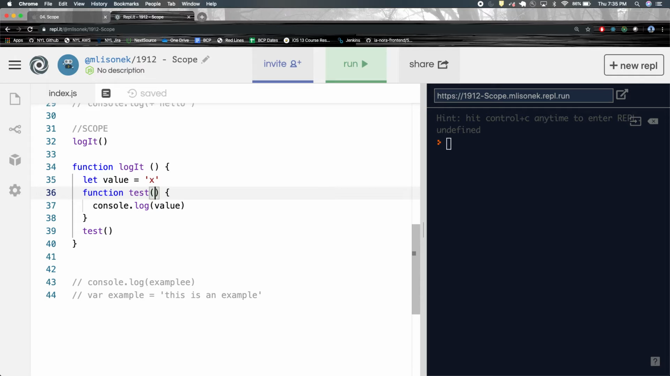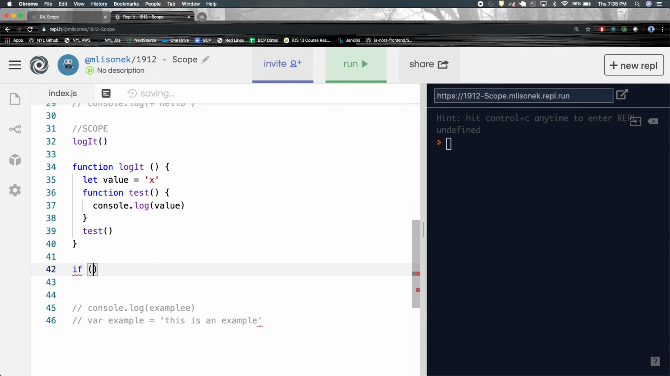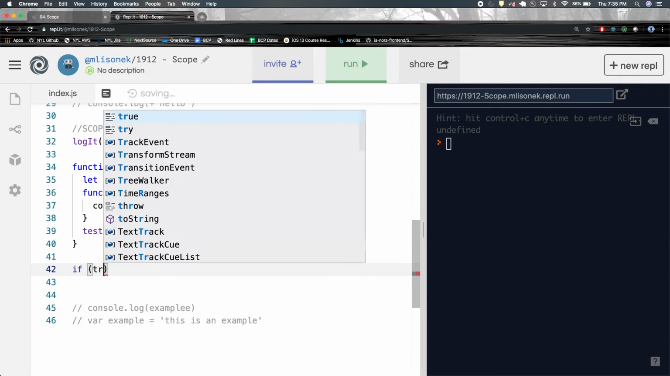Everything has scope that has code blocks. The last kind of scope is block scope, okay? Block scope is pretty much the same thing as function scope with a little bit of differences, okay? So when I say a block, I mean an if statement. If true,